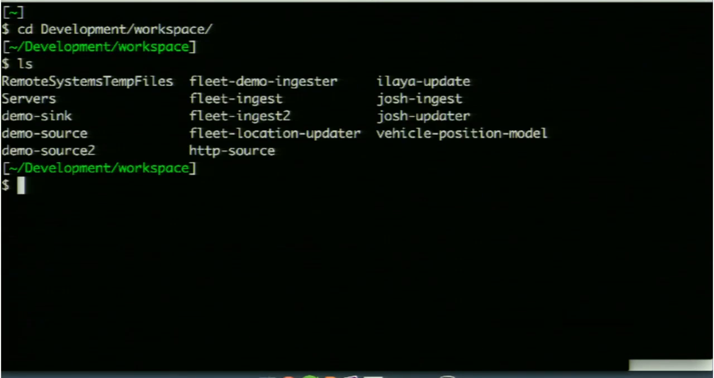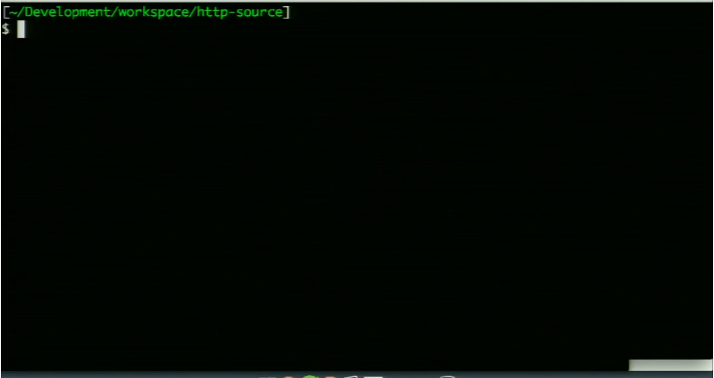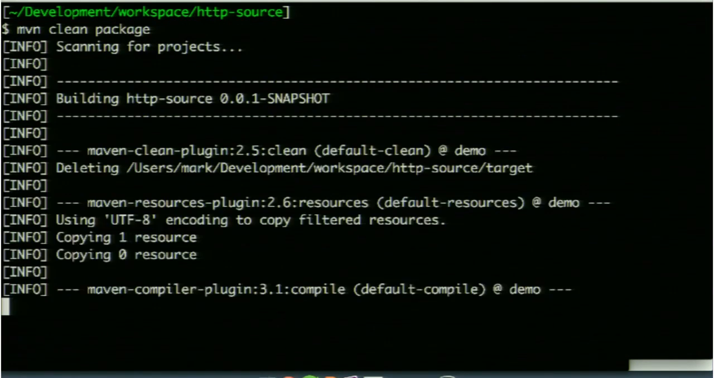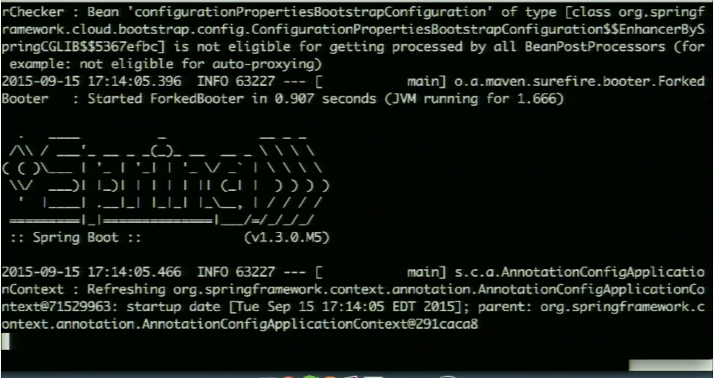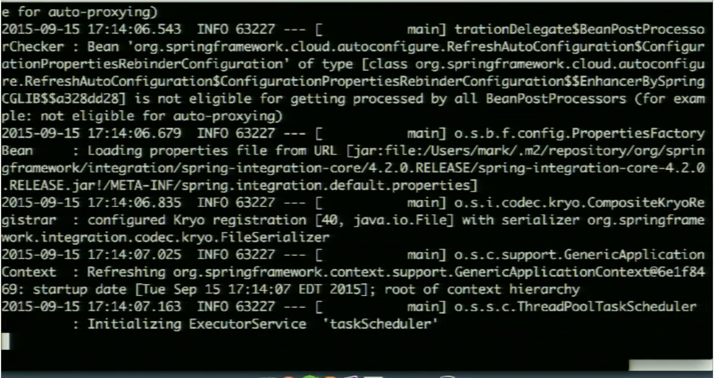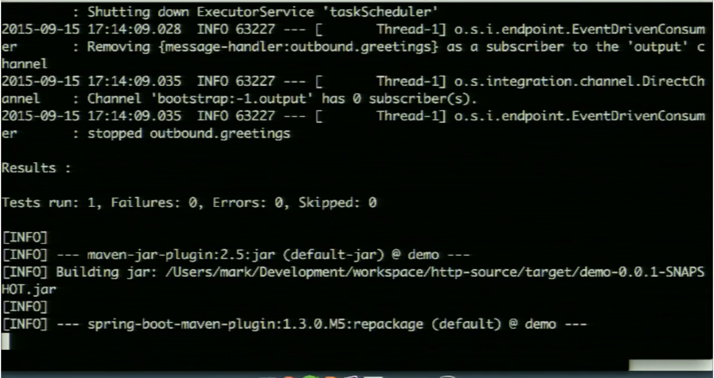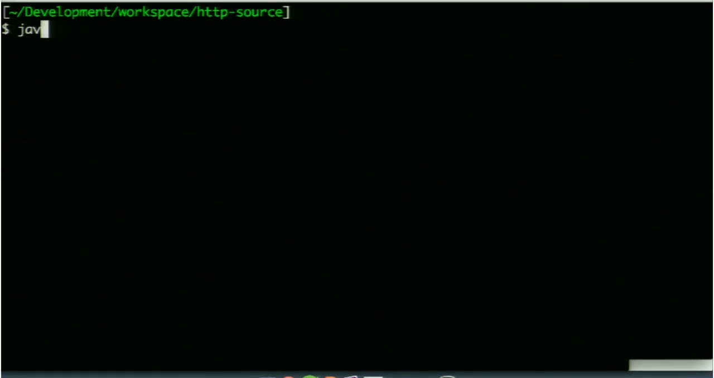And let's see, where am I in this workspace? Yeah. So again, I can just run Maven clean package here. This is the project. If I'm not using the IDE, for instance. Okay, and now I can do java -jar and the,